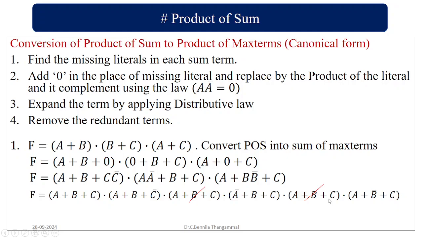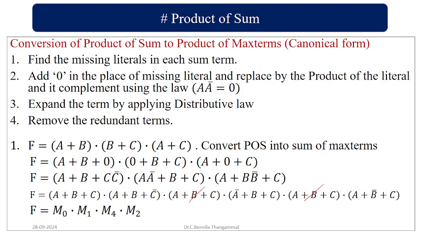So I am just removing the redundant term. And then I am just checking, is A plus B plus C bar available? No. So A bar plus B plus C is not available. A plus B bar plus C is not available. So I am just removing the redundant term, and then the final value will be, so here it is going to be 0, that is going to be